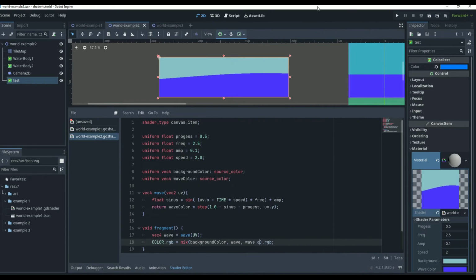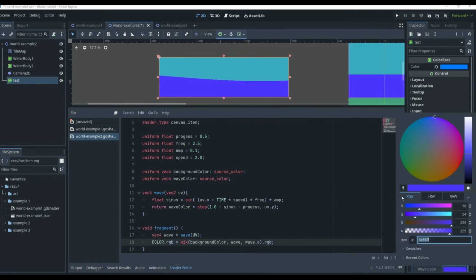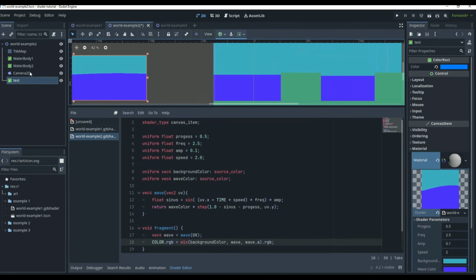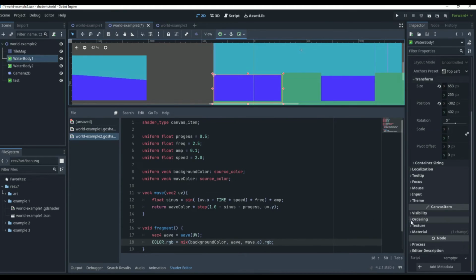Wave.a. We're going to grab our background color. We're going to set our background color to the sky. We're going to set our wave color to the water. And then we can come over here and move this in. So instead of water body, we're actually not going to touch this. We're going to come to water body, and we're going to come down here and go to our